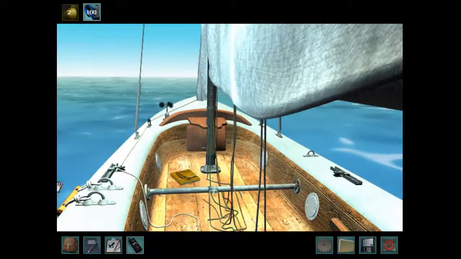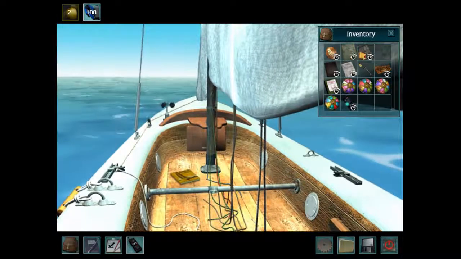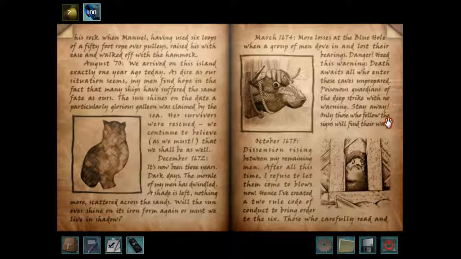Ships. We are at the Crescent Moon Bay, about to go diving. But what are we diving for, you may ask? Well, if we look in our book here, I believe it is...